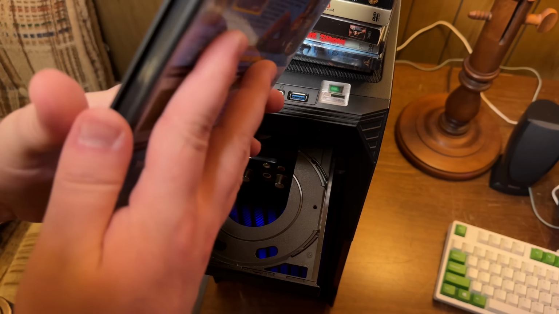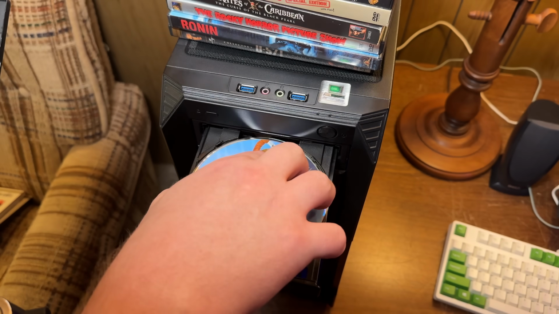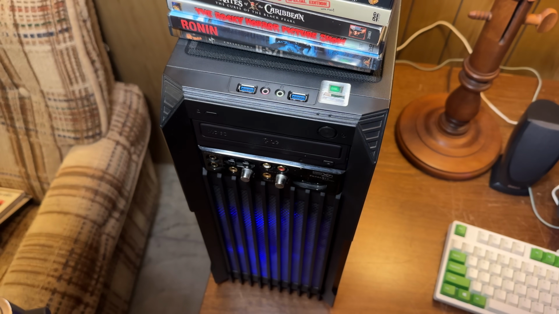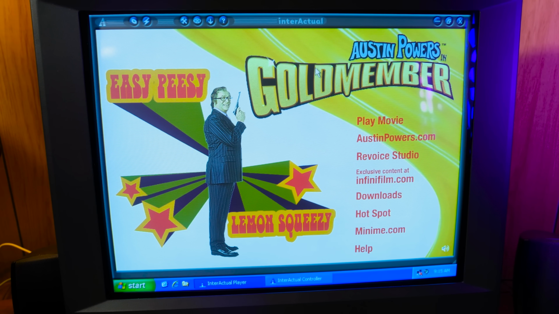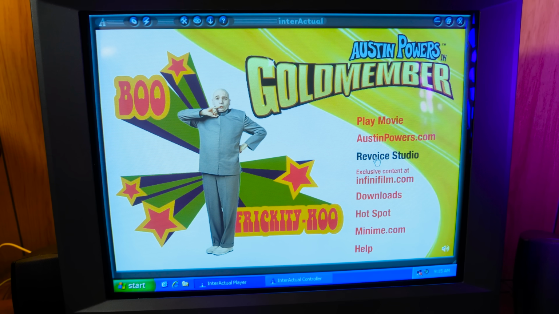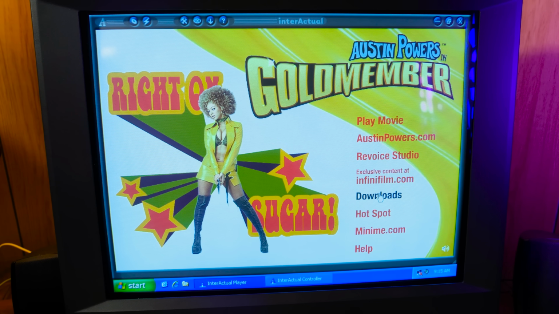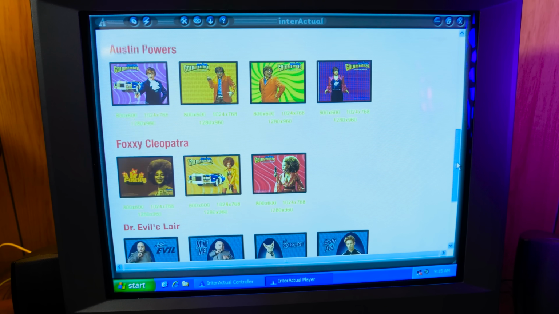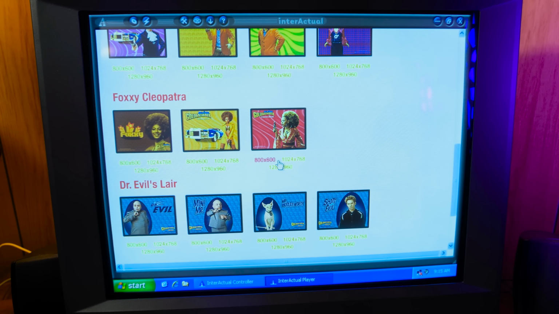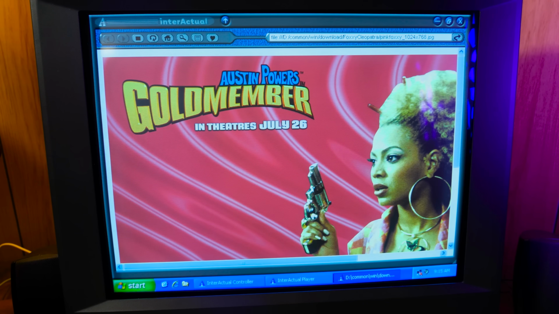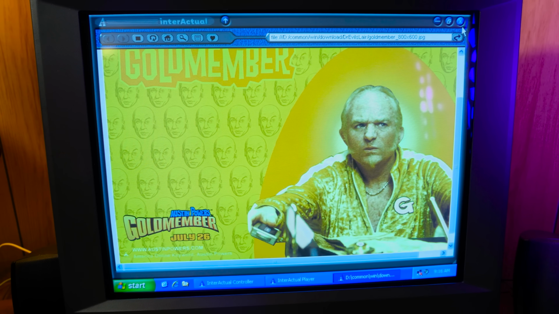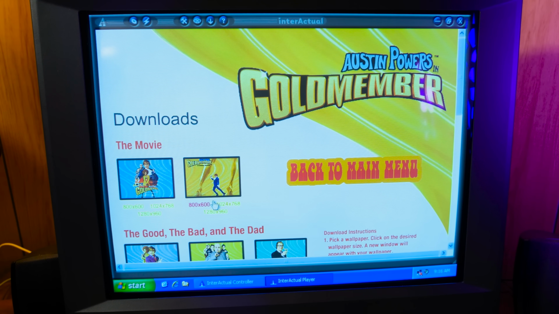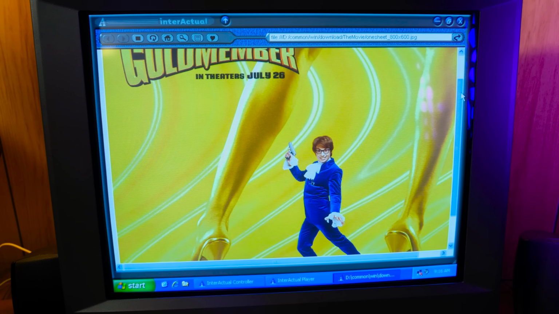Thankfully, Gold Member here offers a bit more. There aren't any Austin Powers games or anything, but it does pack extra goodies accessible from this Flash menu. Kind of wild how this is a flashback to both the 60s and now to the 2000s, but anyway, the main thing on offer here is a whole bunch of wallpapers for your PC's desktop, organized by theme and in several of the most popular screen resolutions of the time, the kind of stuff you'd see on a movie's official website back then, but right on disc, no AOL trial required.